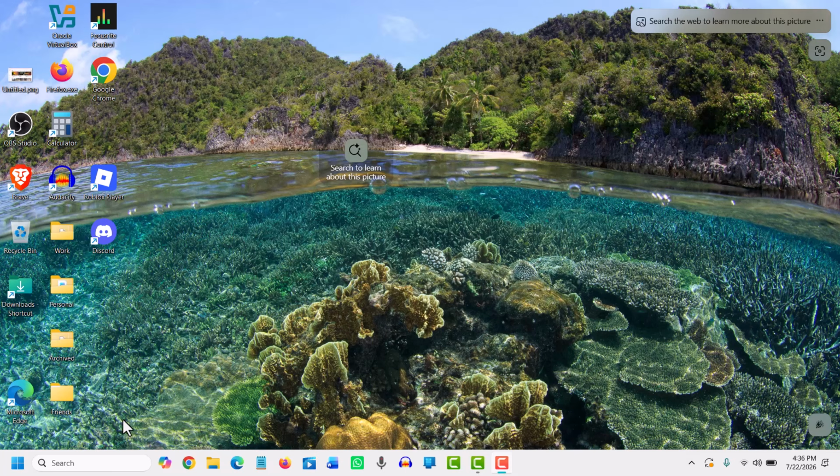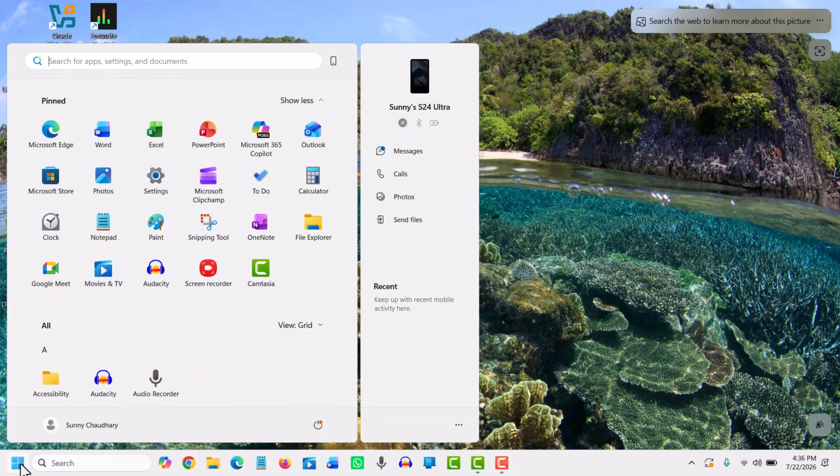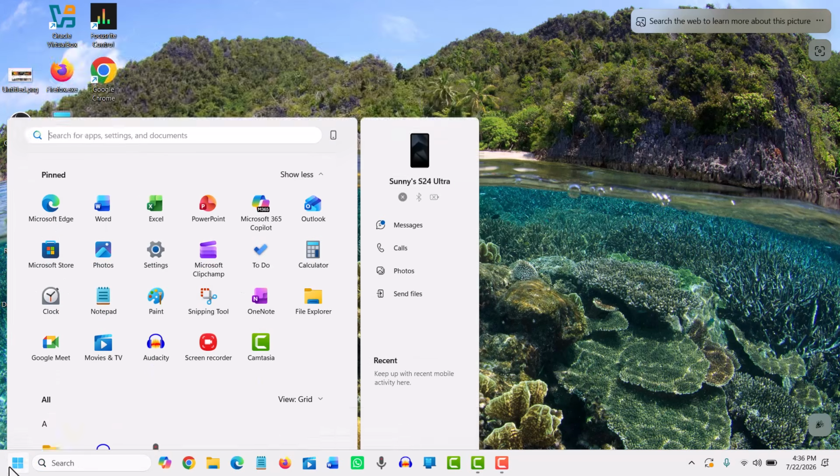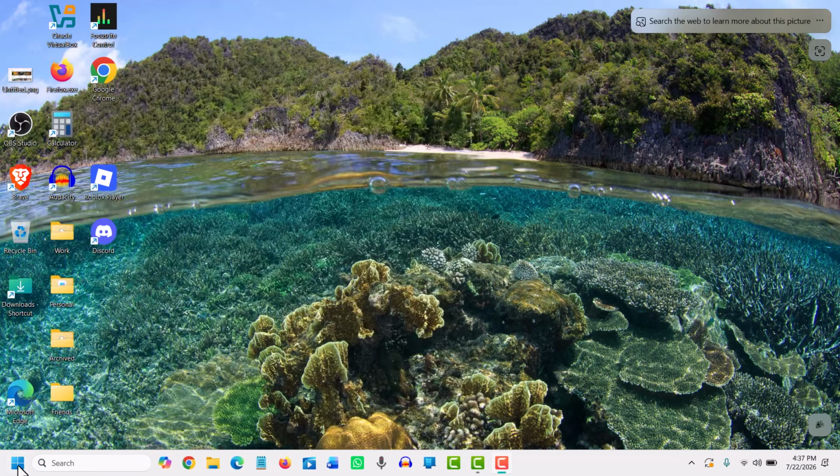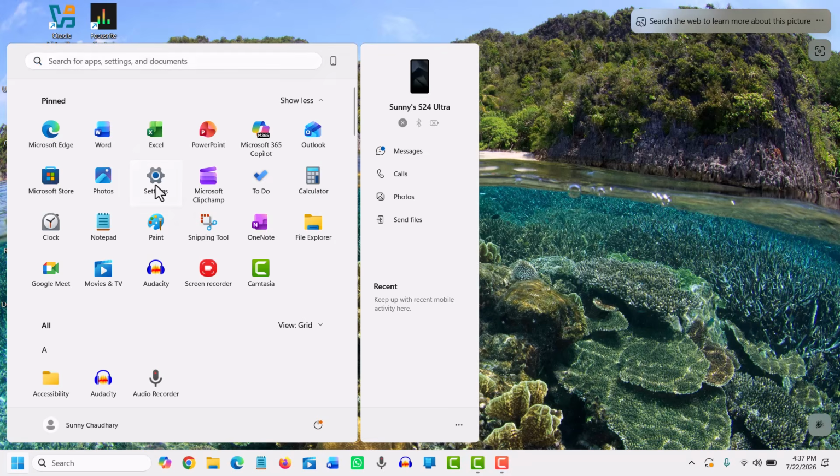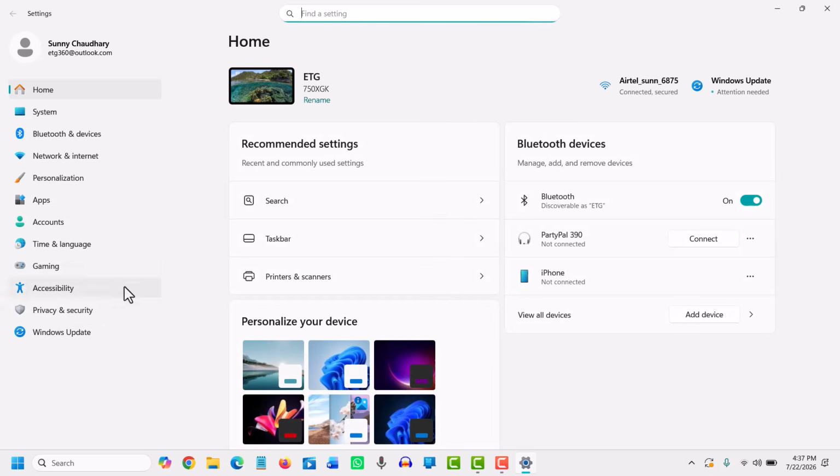Resetting a Windows 11 PC or laptop is really very easy. If you're unable to reset or if you are having some issues with the laptop, you can simply reset it without deleting your files. So we need to click on Start and then we will go to Settings and